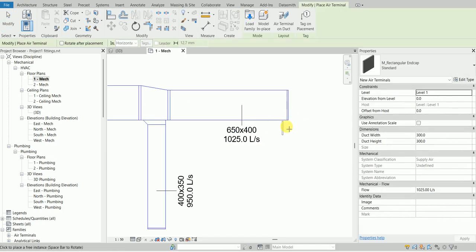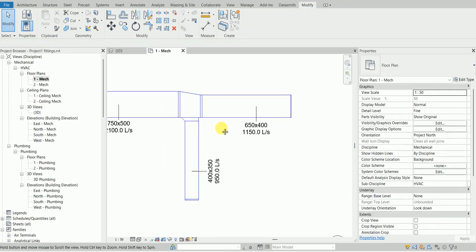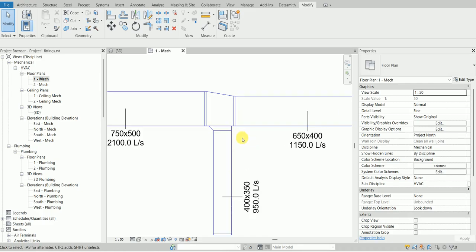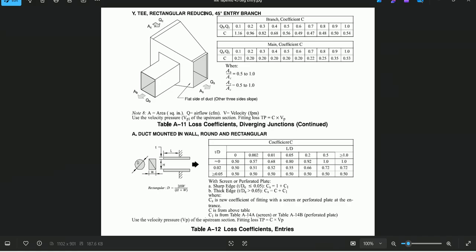Yeah, and I have right now again zero airflow, and I can bring my air terminal here, and then I can change the value here. So let's say 1150 liters per second. Now the thing is that for me to do the pressure drop calculations as per SMACNA, which is this,